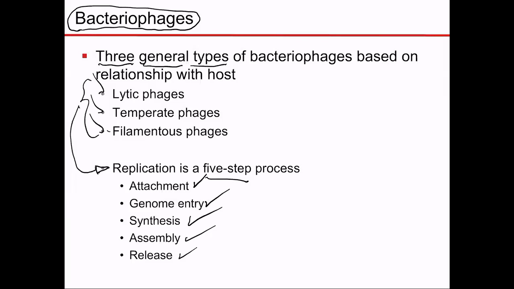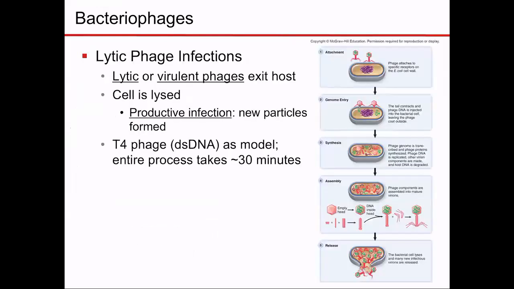You could imagine that if we're talking about lytic phages, the strategy that they will find to be released is lysing that cell, destroying that cell after the viral particles have been assembled, so that now they can be released to the outside to find new cells where they can continue this process of replication. So we're going to start now with lytic phages, and we're going to look at how the lytic phages can replicate. The first thing the lytic phage will do, and we already know these 5 essential steps, is they will